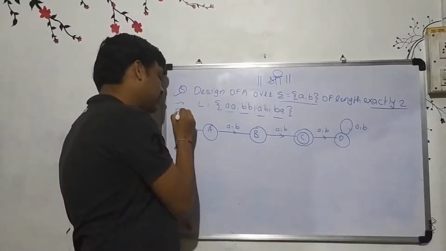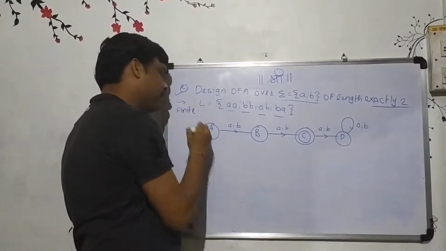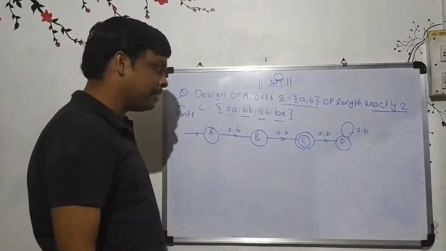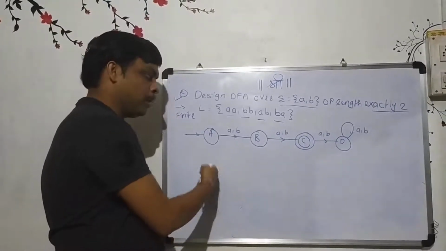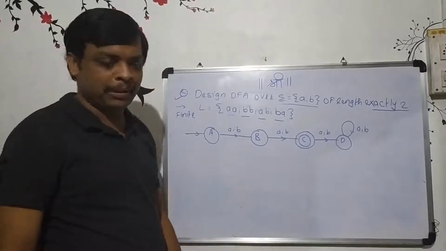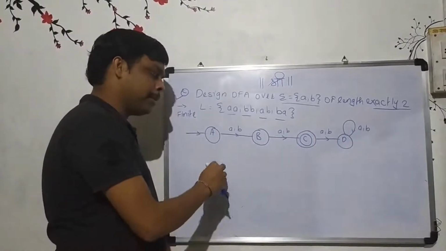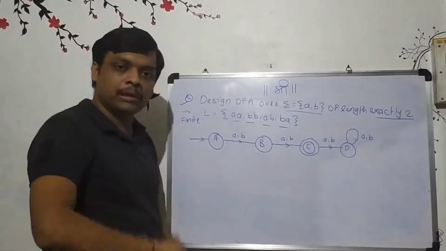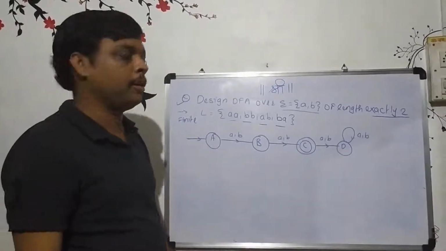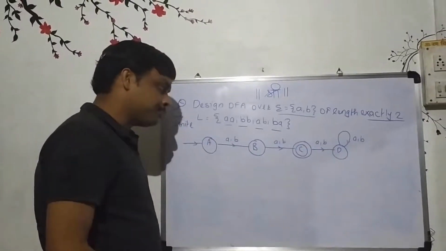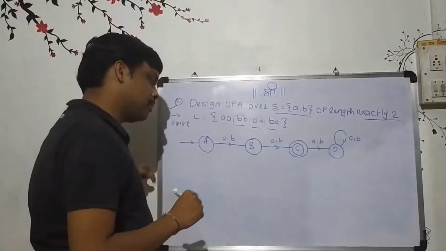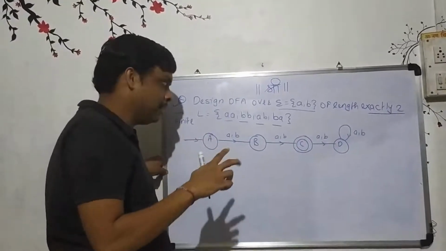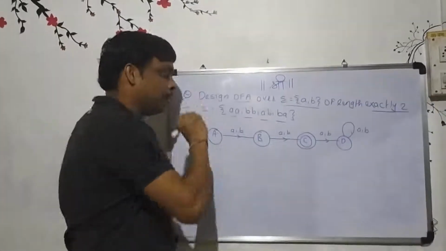This language is an example of a finite language. I have already told you how to design this type of DFA. For the explanation of that, you just watch our previous session first. Now I just want to discuss 2 different points which are very important if you want to design the DFA.